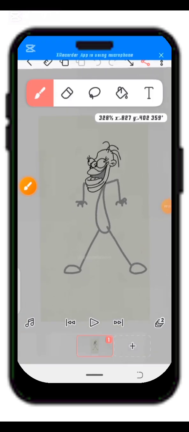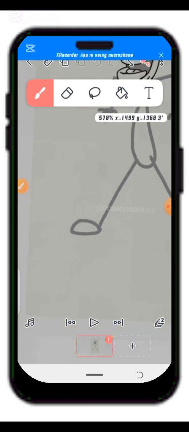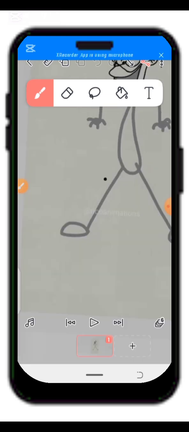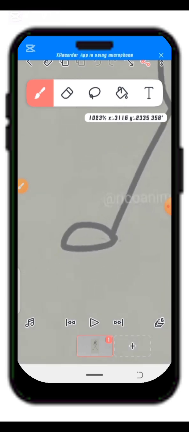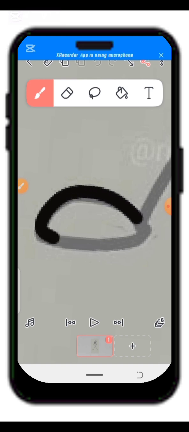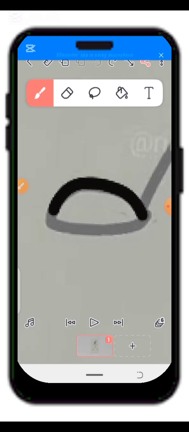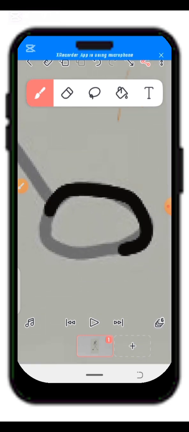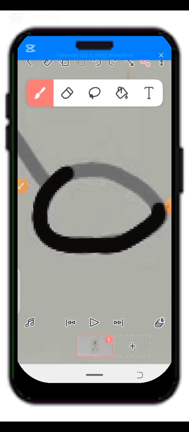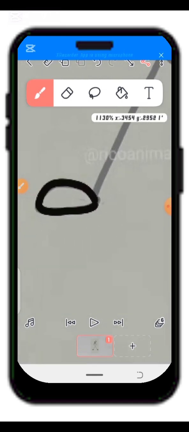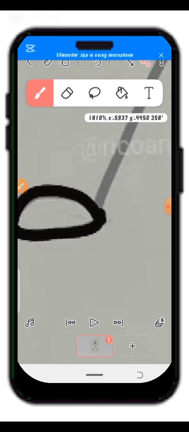So after you increase the thickness to 6 or 7 px, you can start sketching the body. Don't forget to put the layer on the 6th layer, which is the body, and start from down here, the leg side, then you simply trace as I've been doing. Good. So after doing the 2 legs, the next thing that you need to do is